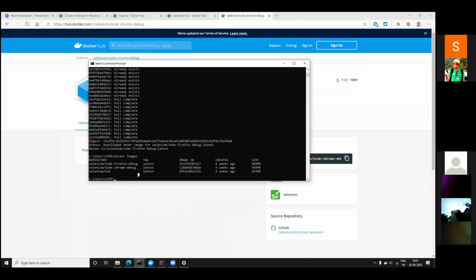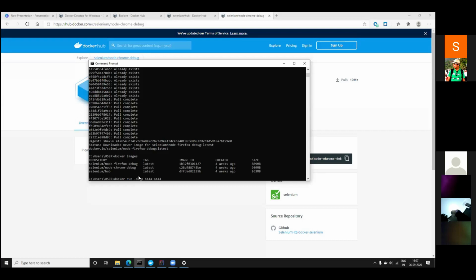Now as we have the Docker image, let's start a container from it. To start the container, we require "docker run -d". -d is an option you can use if you don't want to go into the machine's console directly. I just want to create a machine, not go inside that machine. -p is the port, 4444.